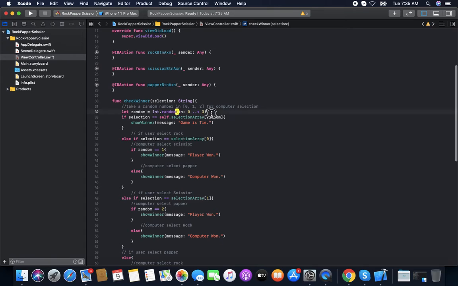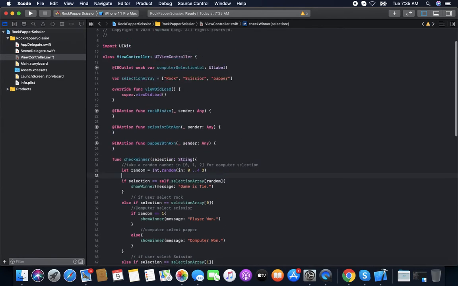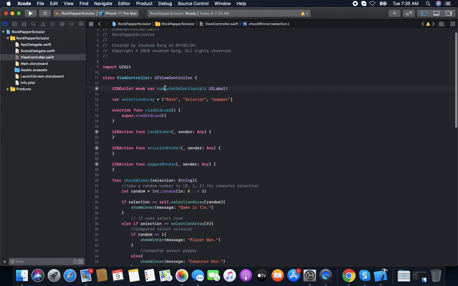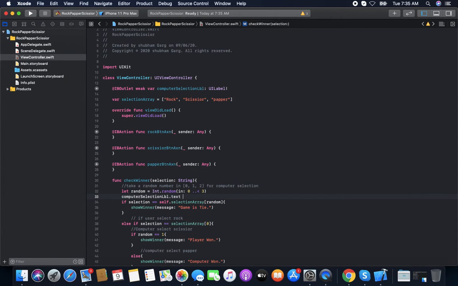also we print the value for computer, what computer selects. So we take a label here. Now assign text as self dot selection array random.